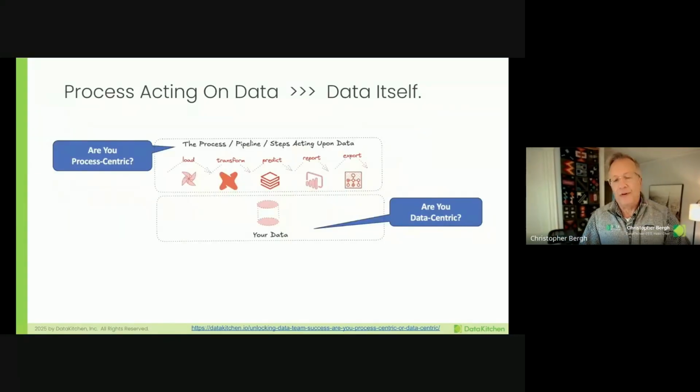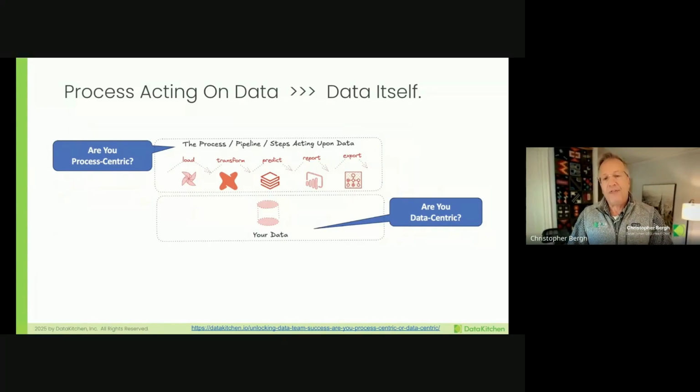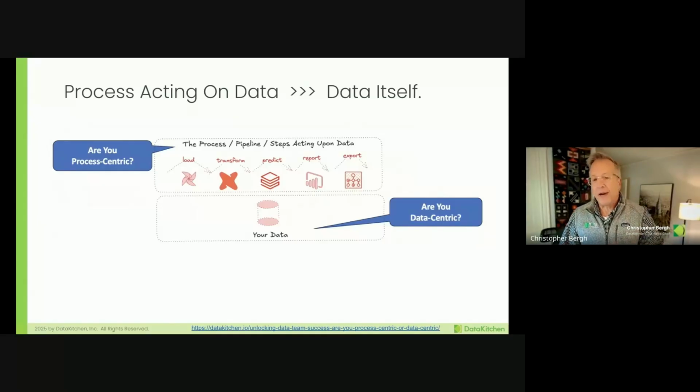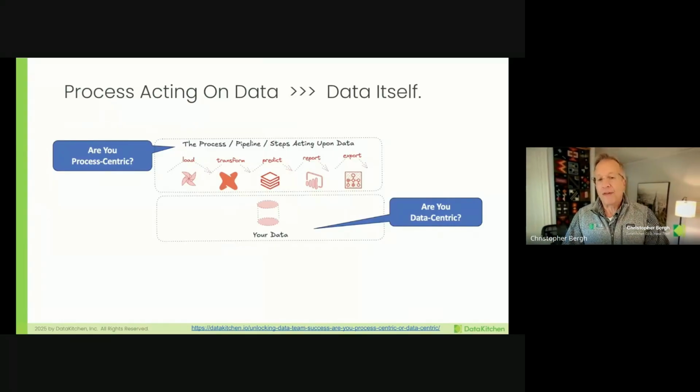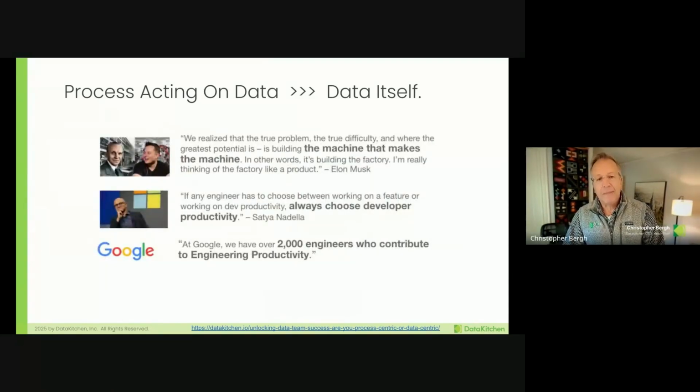The last idea, or the second to last idea, is that the processes acting on data, so this is things like the code, the transformation process, the prediction, the reporting, are actually much more important than the data. This is a very almost philosophical argument, but it's sort of bounded in the sense that we really work in a system as a team, and in making that system better, the tools and techniques actually drive productivity. In some ways, the process is much more important than the data, which may be upsetting to a lot of data people. But it's kind of bounded in this sense that,